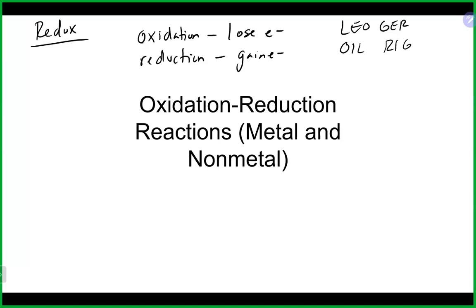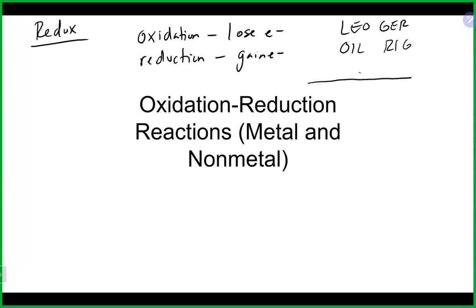So how do we know if something's really being oxidized or reduced? Well, hopefully we know that when somebody loses electrons, do they become positive or negative? They do become positive. And when somebody gains electrons, they become negative. So really the simplest way to figure out did something go through oxidation or reduction is my old classic friend,